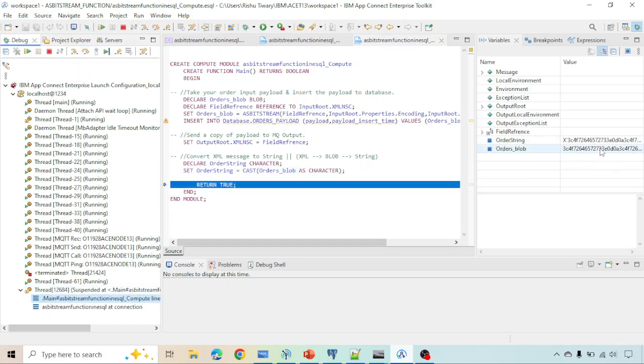But if you see here, it is not converted to character format, right? The reason is that it is still showing the hexadecimal value, not the character format. The reason is that I have not used the encoding. If I use the encoding and the CCSID, it will show in the proper format. Okay,